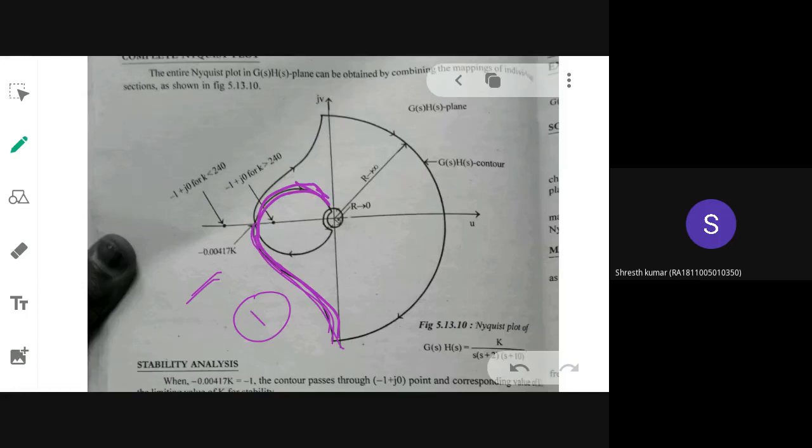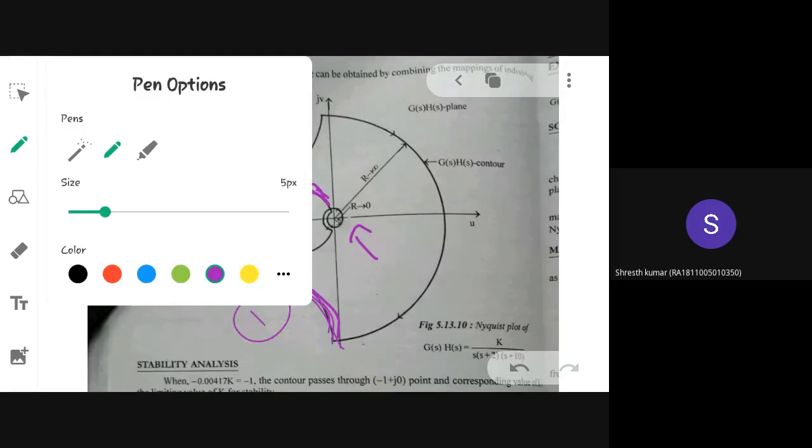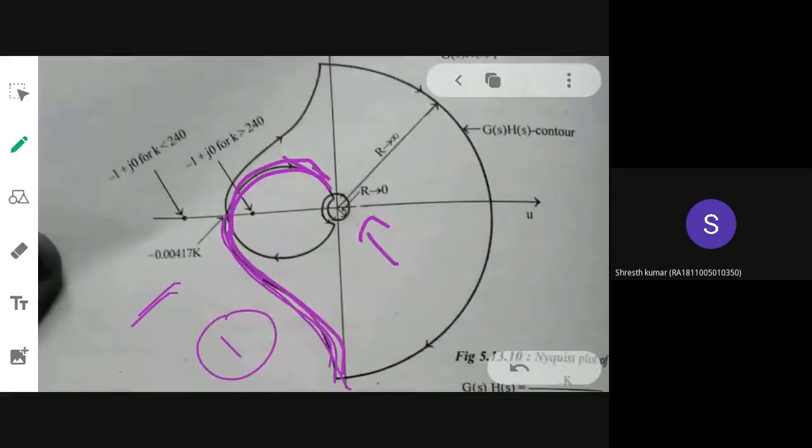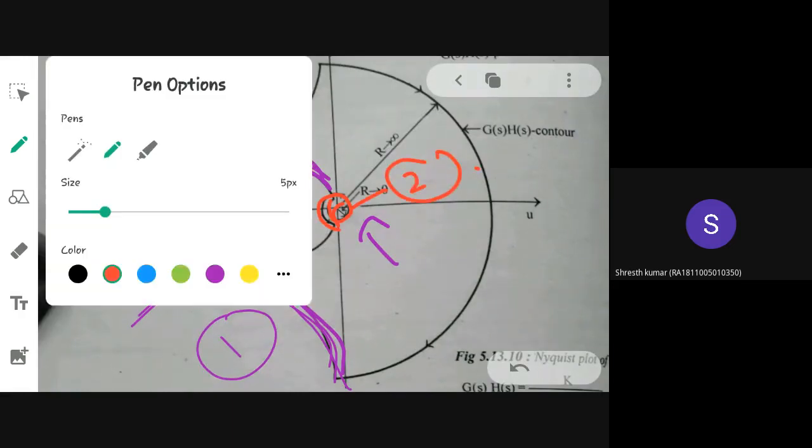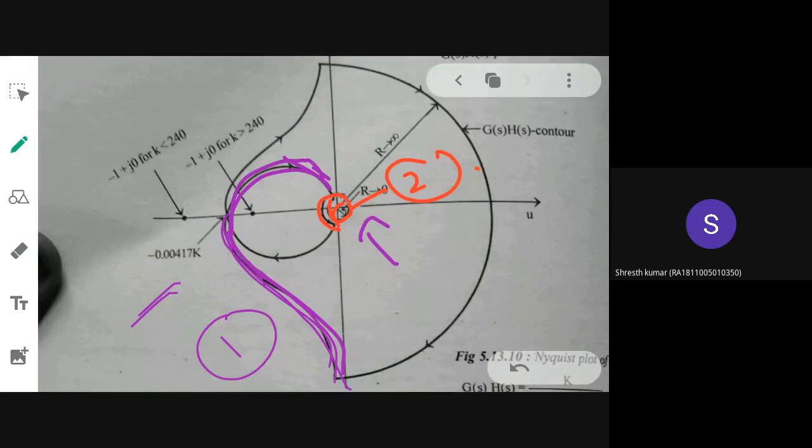Then the second map is a small encirclement which is ranging from minus 270 to plus 270. As you can see, it is a very small circle whose radius is 0. That is a map that you have to follow up. So you have to draw that. This is your second map. And then you have to follow it up with the third polar plot, that is a mirror image that you got for the third segment. So this is your third map.